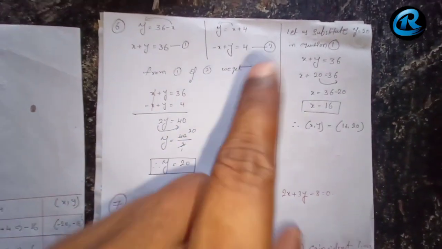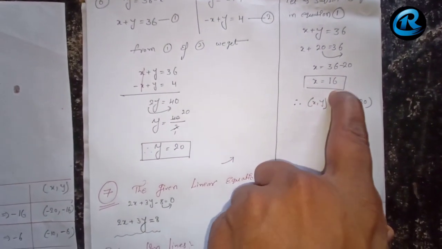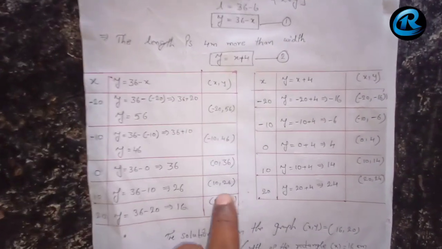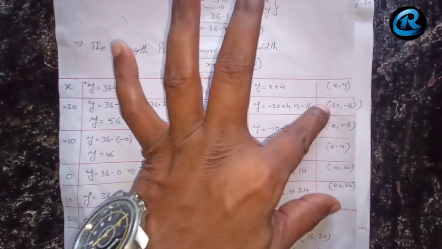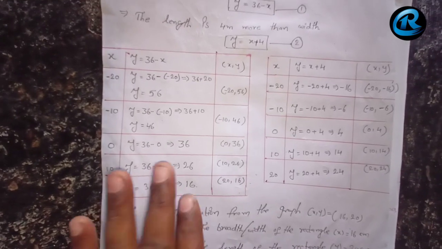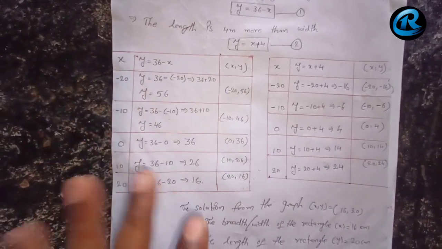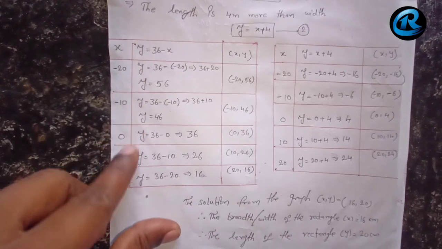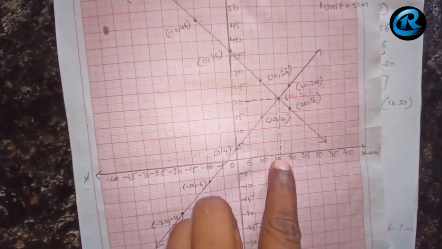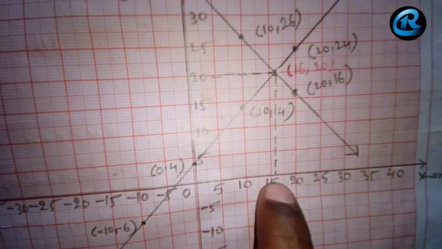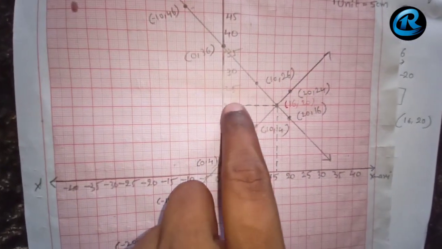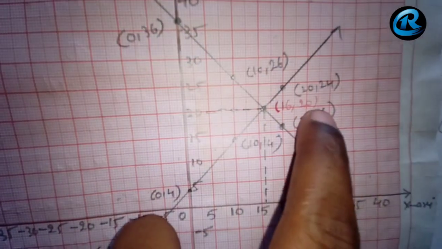So we know that they are going to intersect, but where are they going to intersect? At x equal to 16, at y equal to 20 they are going to intersect. From these points, if you locate these points, as we assumed x equal to 16, y equal to 20. Since big numbers came, I have assumed minus 20, minus 10, 0, 10, 20 like this. If I plot these points, definitely they are going to intersect. On x it is 15 after that is 16, and on the y axis 15, 20. So they are going to intersect at 16, 20.